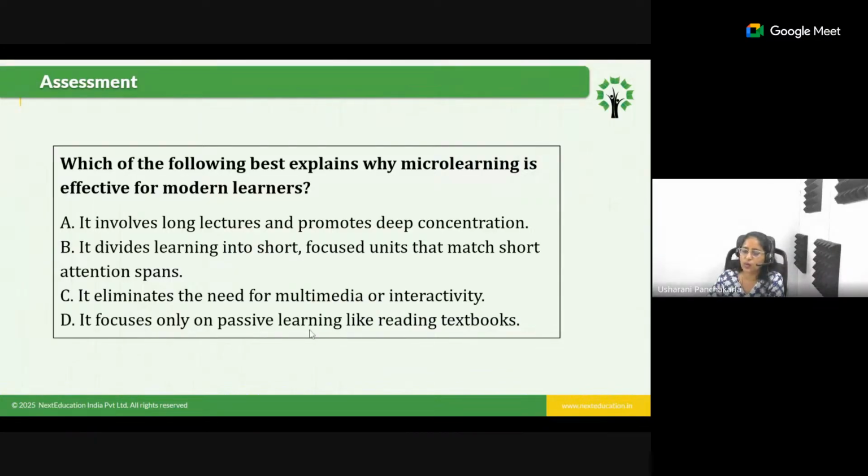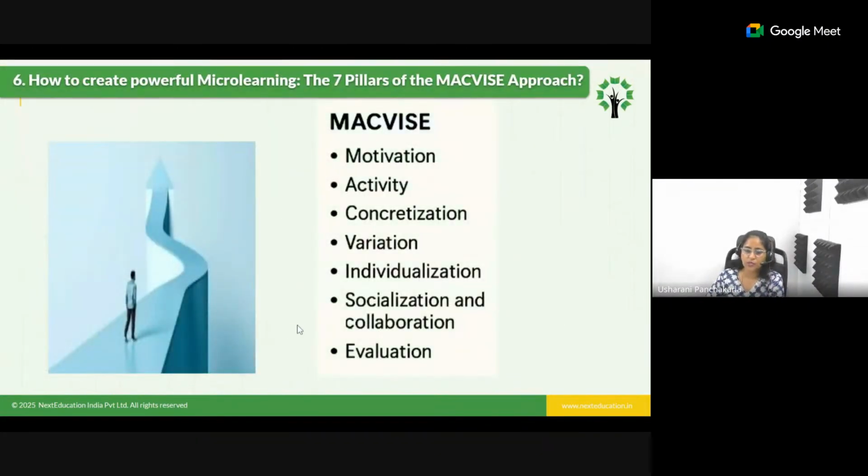It focuses only on passive learning, like reading textbooks. So passive learning is what actually happens in the classroom, because the student will go into a passive mode where he would not be listening, he would be staring at us. Okay, so that is where we go, and again he'll come back. So in between, some information he would be lost. So that connectivity is where he would be lost, to just understand what you have been continuing and giving that information in the classroom.